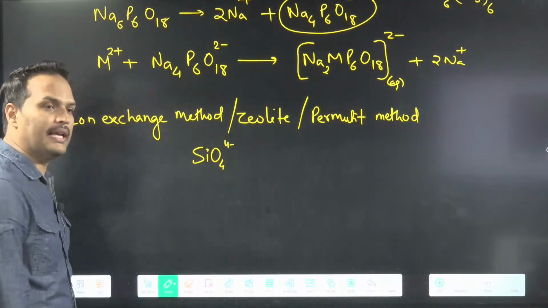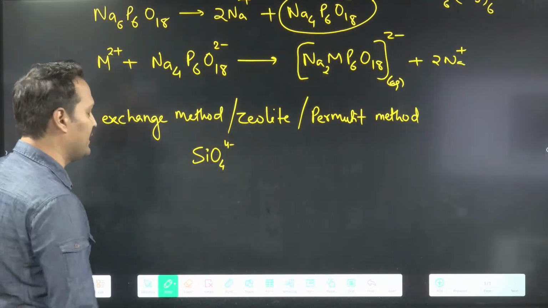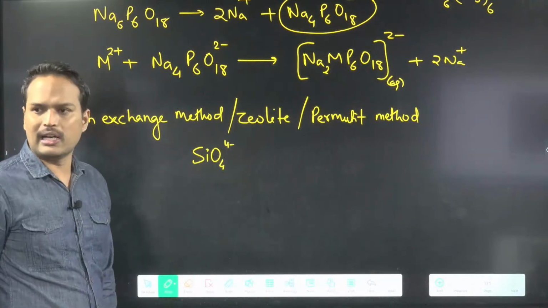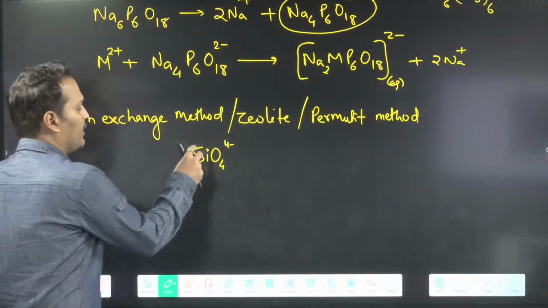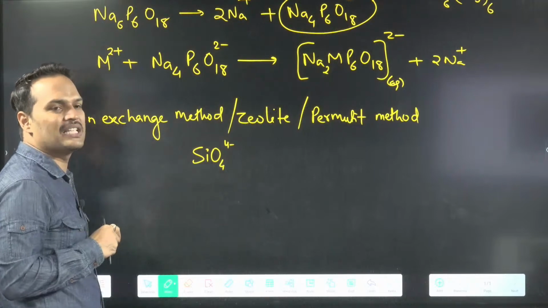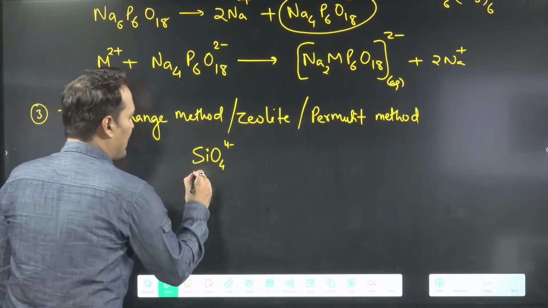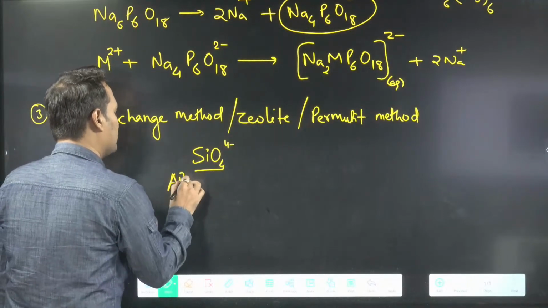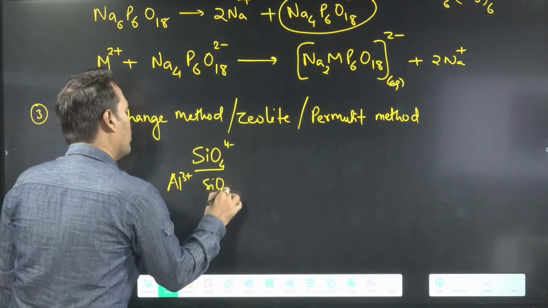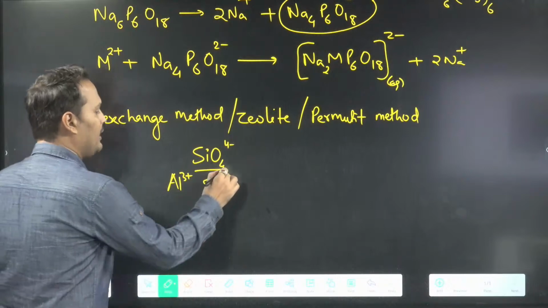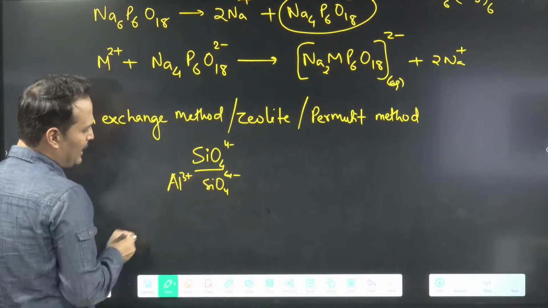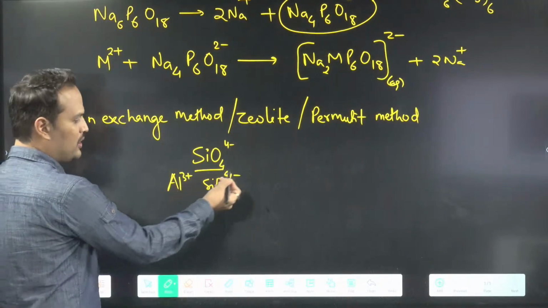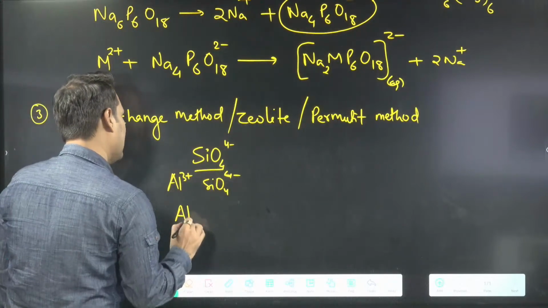When you go into the carbon family, they will write that a few of the silicons are replaced by aluminium. So this part is your silicate. Now what I will do, I will put aluminium 3 plus also. Combine both. So when you combine both, see here there is 3 positive, here 4 negative. So finally I will get